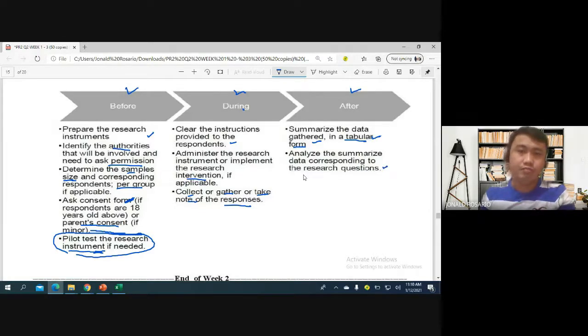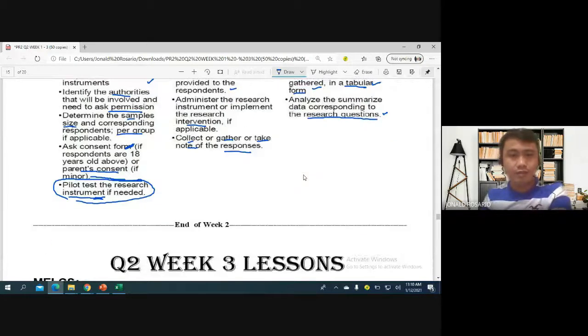So we can analyze using statistical tools, para masagot natin yung research questions. Again, ang gusto kong itsura ng ating data collection procedure ay naka-state in a paragraph form. Okay, so that ends our lessons on week